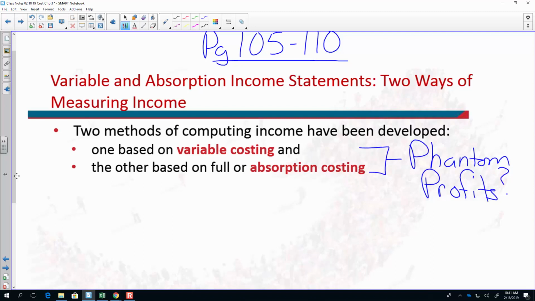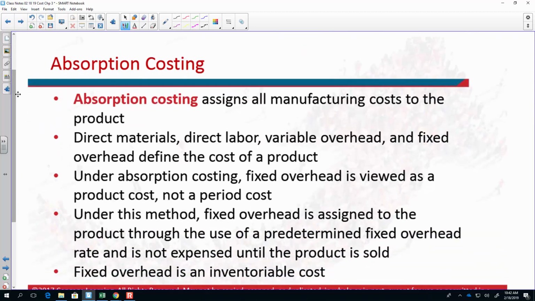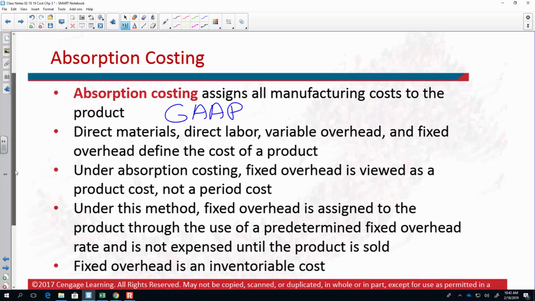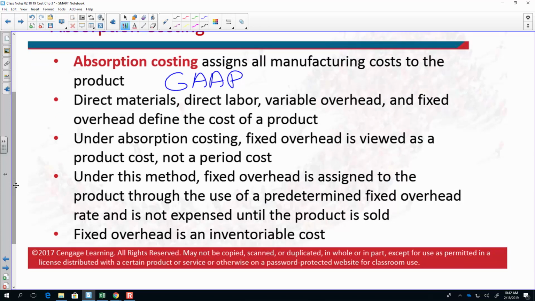occurs. So looking at definitions, starting on page 105. Lots of blue there, guys. Know the difference, obviously, for the multiple choice questions between the two statements. Absorption is Judy's statement. Full cost statement. GAAP approved statement. Absorption has